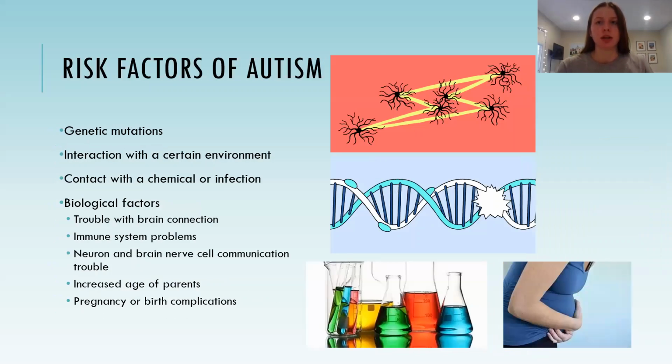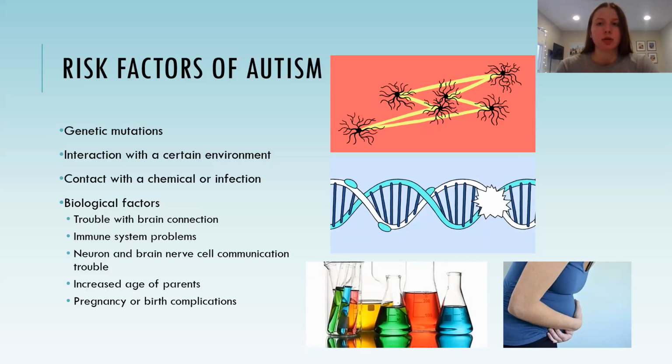Due to the complexity of autism spectrum disorder, there is no single cause of autism. There are several contributors and risk factors that are linked to autism, but they're not always the cause of ASD. Different genetic mutations have been linked to ASD. The genetic mutations increase the susceptibility to autism and control how mild or severe the symptoms are. The interactions of genes and environment can also be a cause.